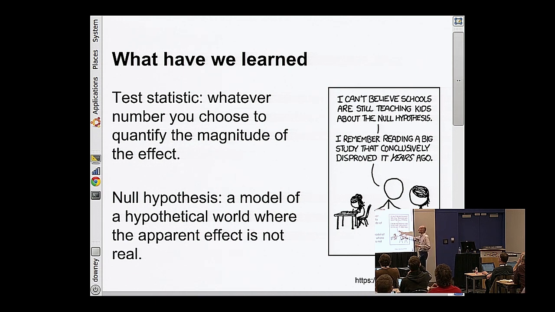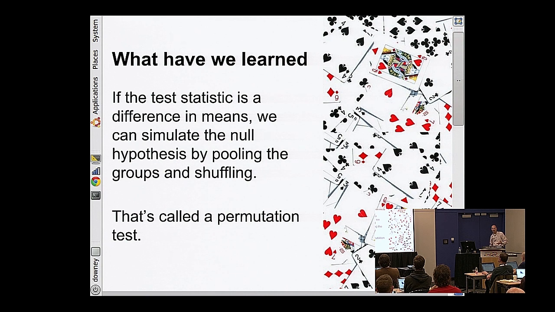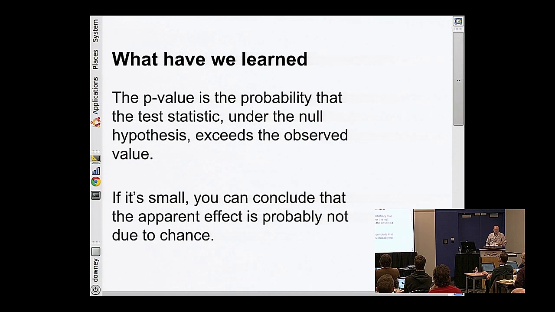The null hypothesis is a model of a hypothetical world where whatever the effect is doesn't exist. In this example, it's kind of straightforward to say, look, if I think that the two groups are the same, then I'm just going to lump them together. That's my model. In other cases, it's less obvious to figure out what the null hypothesis is. You have to make some modeling decisions. But if you can model this world, and if you can use it to generate simulated experiments, then you can generate a p-value. In this example, we're doing it by shuffling, so that's called a permutation test.